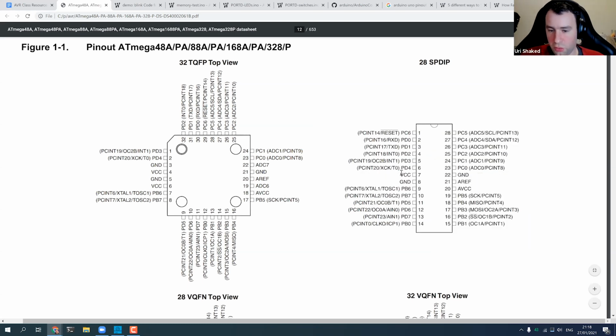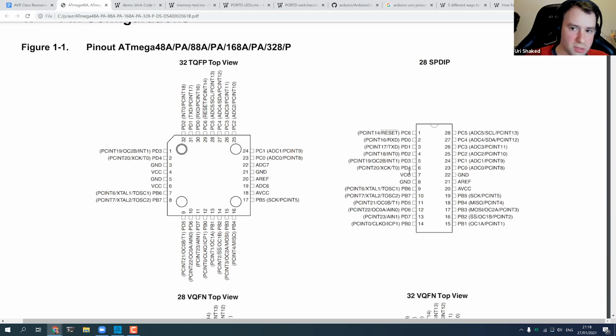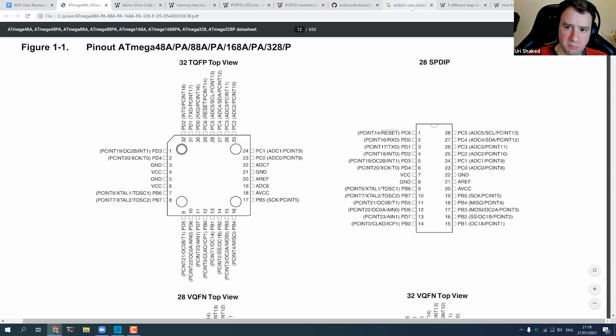And if you are used to working with Arduino Uno, you are probably used to pins 0 to 13 and A0 to A5. The quick way to know which is which is to Google images Arduino Uno pinout, and there are many guides like this one.